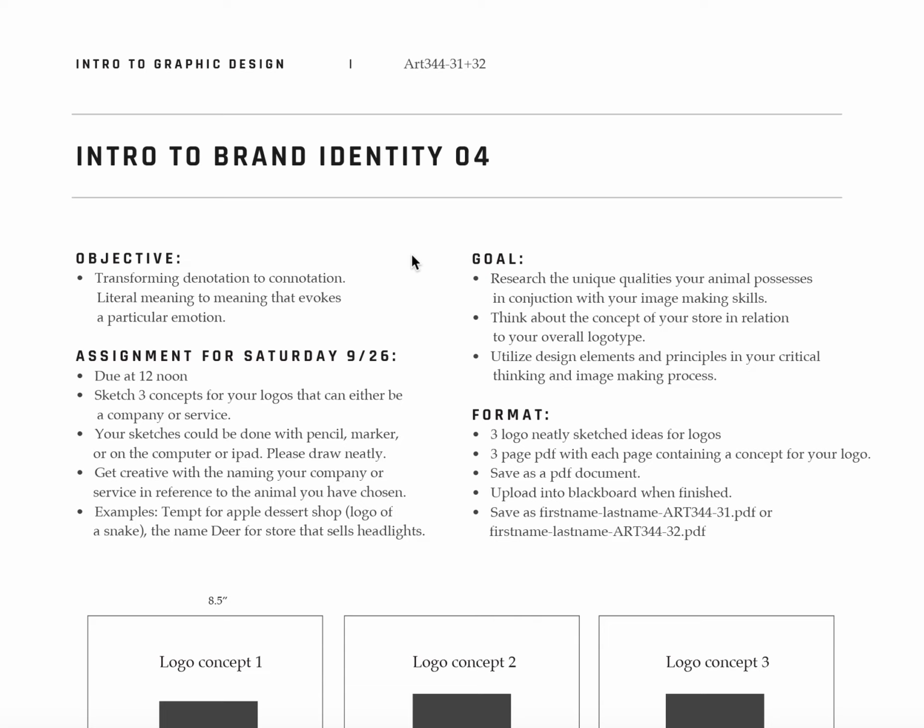We're creating logos that present a particular kind of emotion or attitude to our audience that we have specifically constructed for them, right? And then the goal is to research the unique qualities of our animal, what our animals possess in conjunction with our image making skills. So what that means is from the list of the different kinds of images that you've created for the past 3 weeks, we want to take a look at certain qualities you've created or chosen to focus on in your research and match that with certain kinds of image making skills that you think are going to work well with